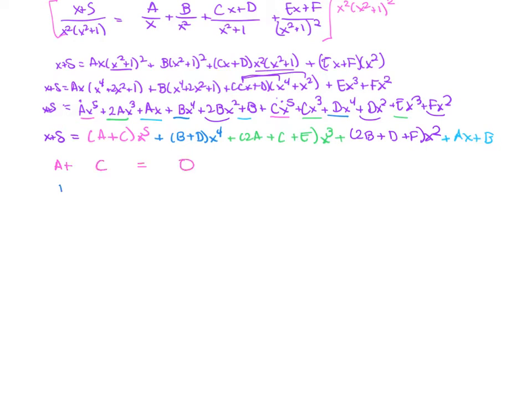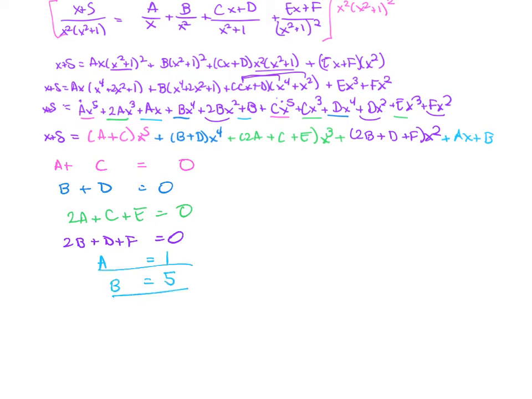Then we have the 4th power, B plus D, that also equals 0. Then we have our cubes. Our cubes is 2A plus C plus E equals 0. Then we have our x squareds. We have nothing there still. So 2B plus D plus F equals 0. Then we have our x's. We actually have an x here. So let's write Ax, A equals 1, right? The coefficient is 1. Then we have our constant, which is B, and that equals